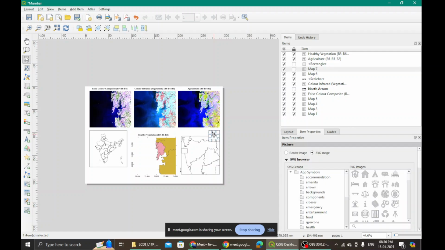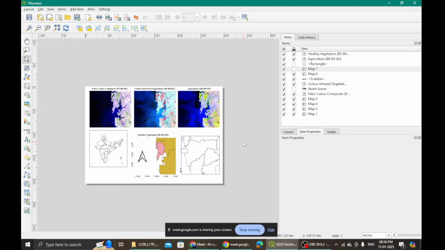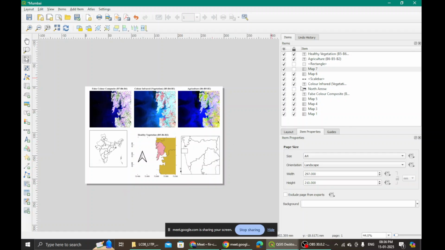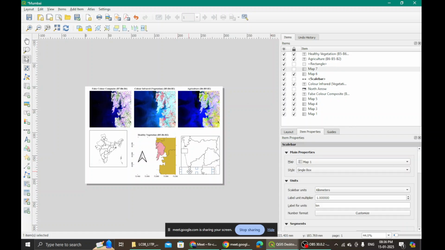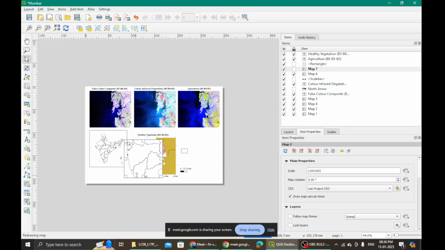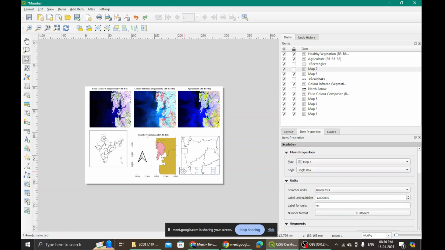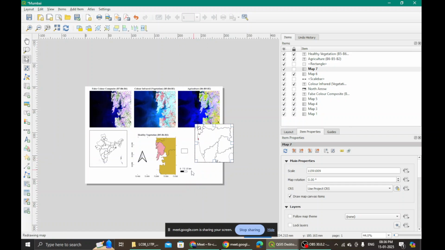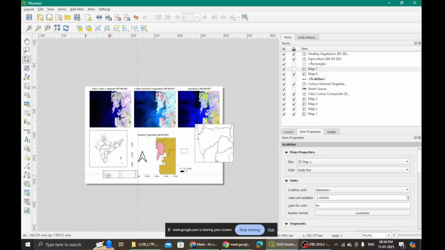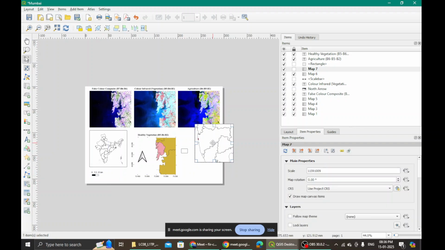Let me just unlock this north arrow and bring it here. Right, let me also unlock the scale bar, it is peeping out over here. Let me bring it. Okay. Control Z. Let me bring this scale bar up here and bring this here.